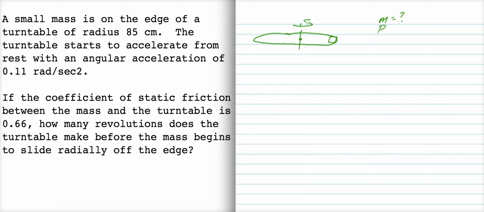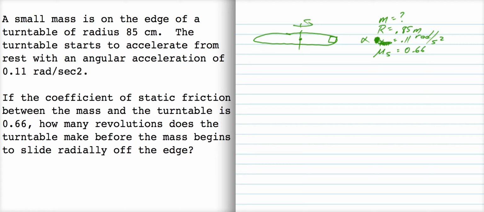The radius of the turntable is 0.85 meters. The tangential acceleration is 0.11. Oh no, that's the angular acceleration. Alpha is 0.11 radians per second squared. And the coefficient of static friction is 0.66. We want to know how many revolutions the turntable makes before the mass begins to slide radially off the